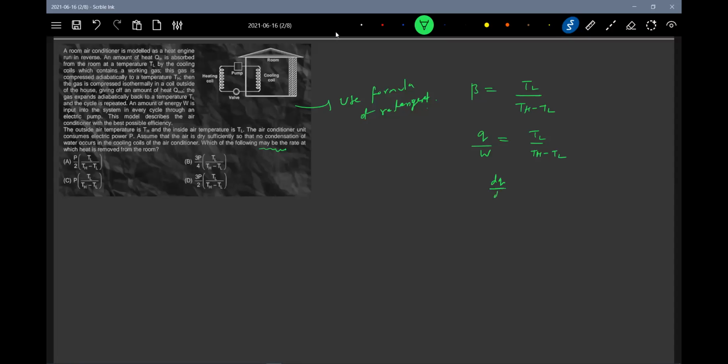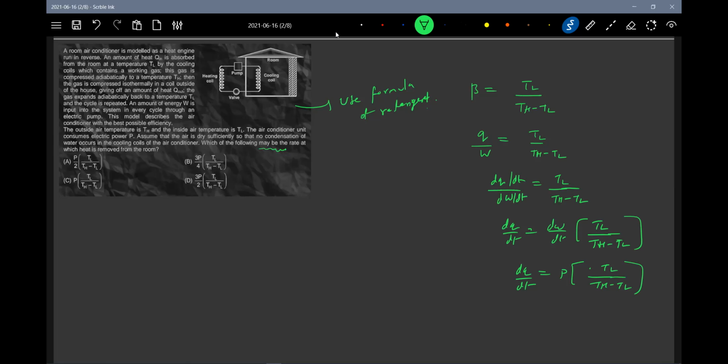So this dQ by dt equals dW by dt, where dW is the work done. Okay, this is what is being asked. dW by dt is what I'll call power. We'll supply that power to some heat pump. Let's not bother about the mechanism. Nothing to do, actually, the question is very simple.